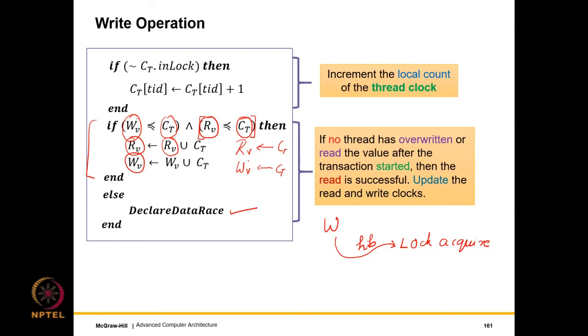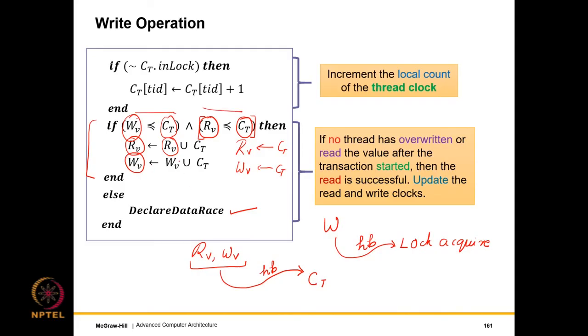Well, the key idea, if I were to explain it in yet another different way, is basically that whenever I'm doing a read or write, so let's say when I'm doing a write, I look at its preceding read clock and write clock, which could have been set in a different critical section. Both of these clocks have to have a happens before relationship with the current time of the thread. If they don't have a happens before relationship, then this indicates a data race. And if they have one, that will be easily captured with these two expressions.